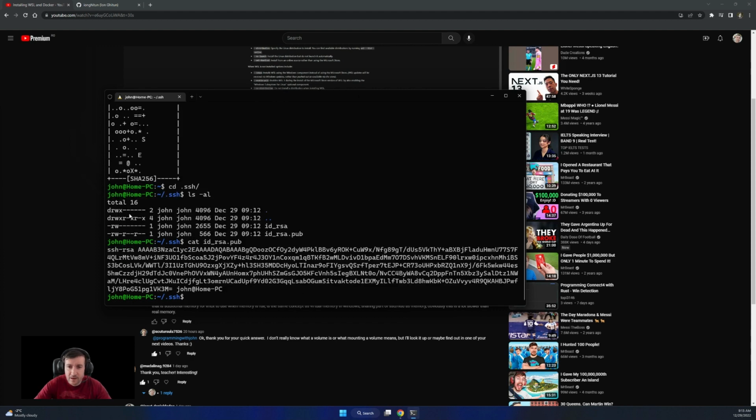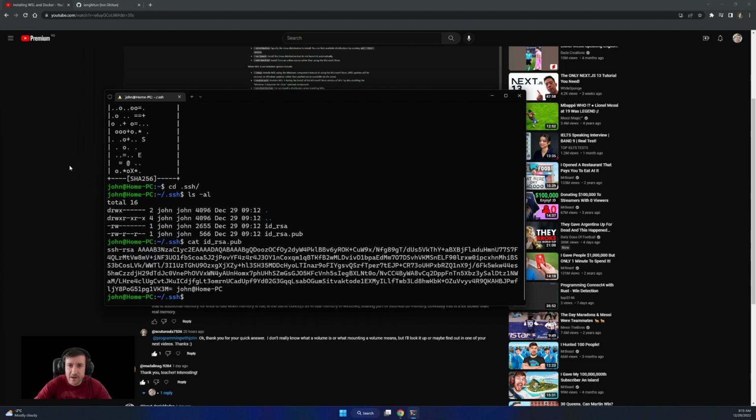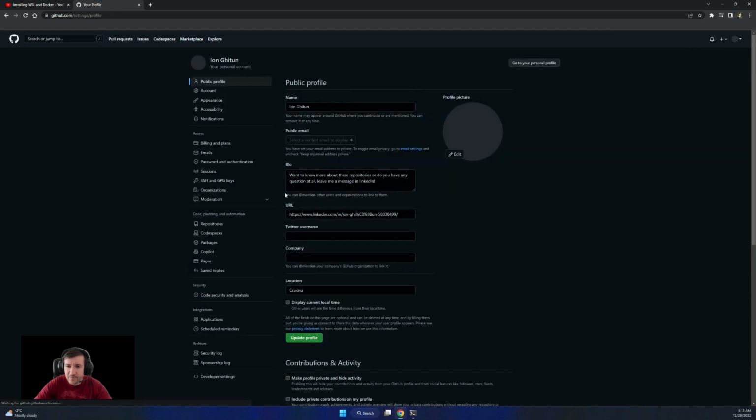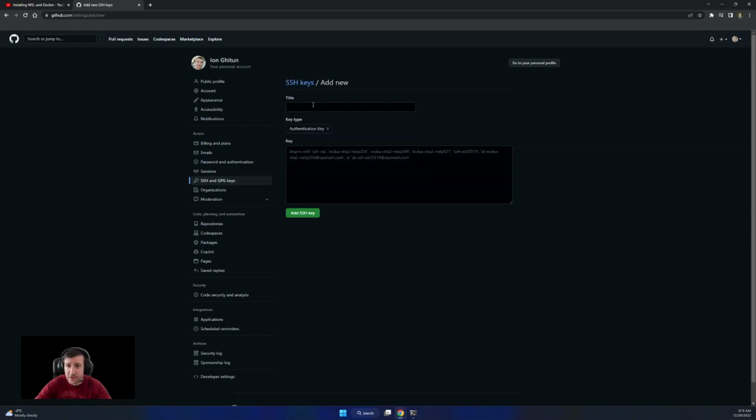I'm going to take this content of the public key and add it to my GitHub account. It's similar to adding it to any profile, not GitHub only. Go to settings, SSH keys, and then do new SSH key.